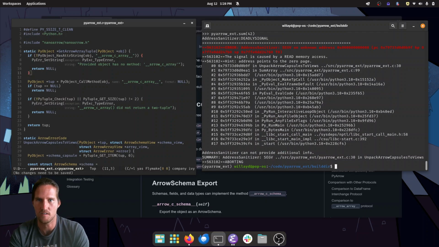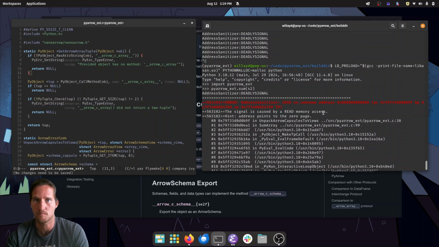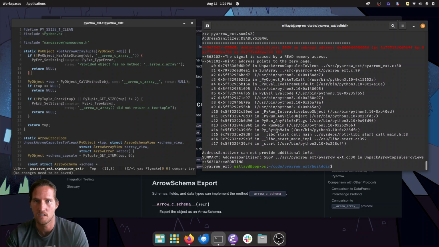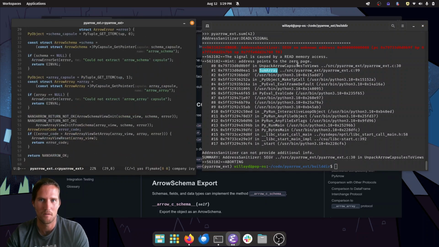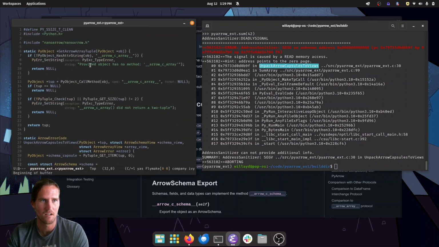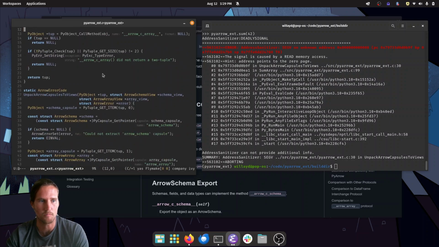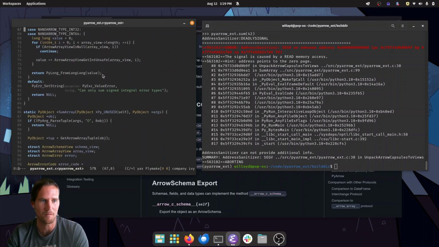ext.sum(42), and you can see immediately that we have some kind of ASAN issue, and it's in sum_array and unpack PyArrow capsules to views. This is interesting because I would have expected we should have failed much sooner in that process. We shouldn't be getting down to unpack arrow capsules to views with sum_array. We should have thrown an error by the time that we tried get arrow array tuple. So something here is not correct. I must be missing